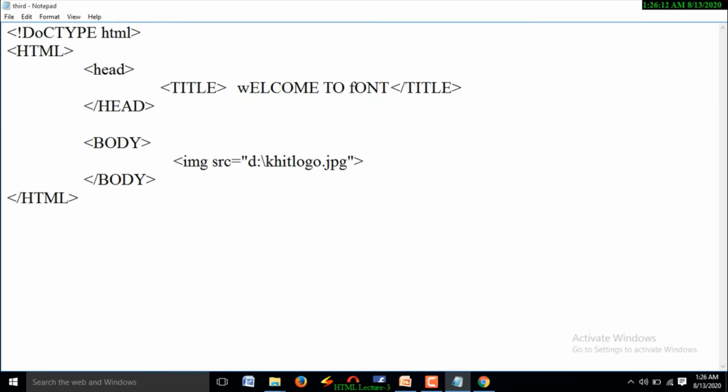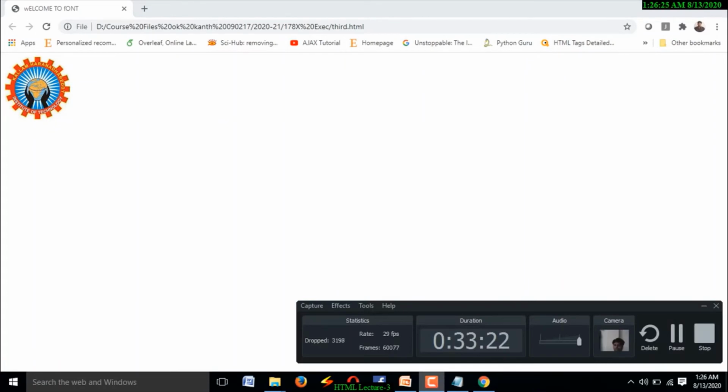This time I don't want to specify alternative text, width and height. Simply I am going to save this and refresh the browser. Here you are going to see the KHIT logo. Suppose this logo is not loaded.